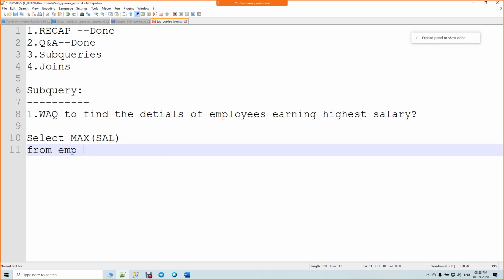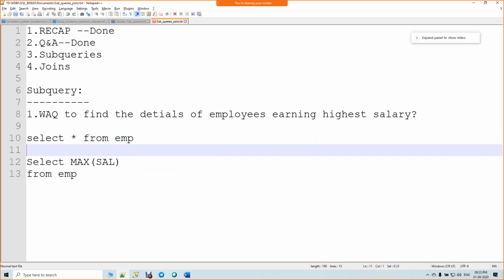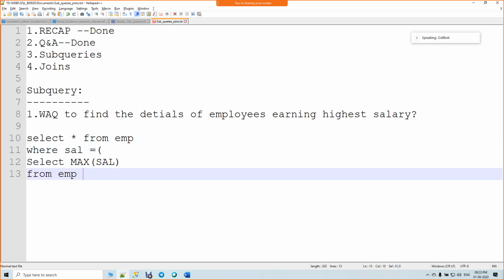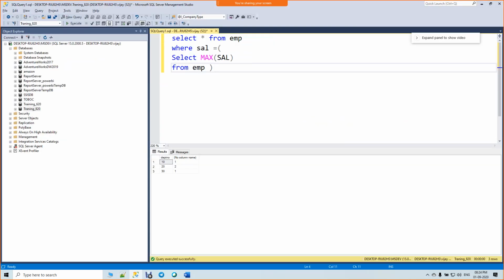But what they are asking is to write a query to find the details of the employees earning the highest salary. The details of the employees will be in the employee table, where salary is equal to max salary. Let's execute this one.